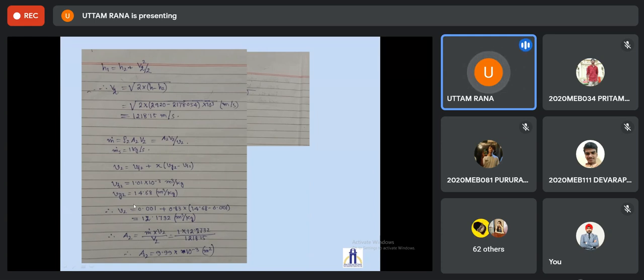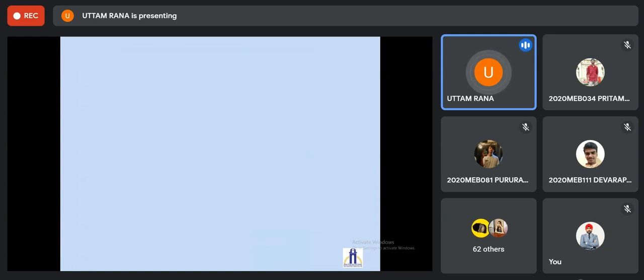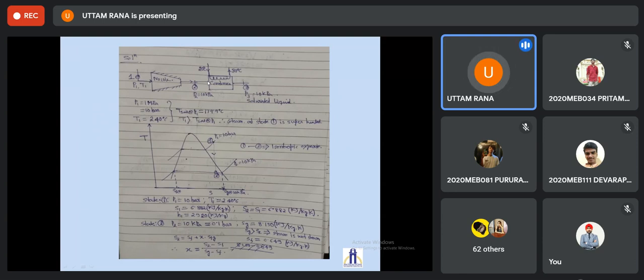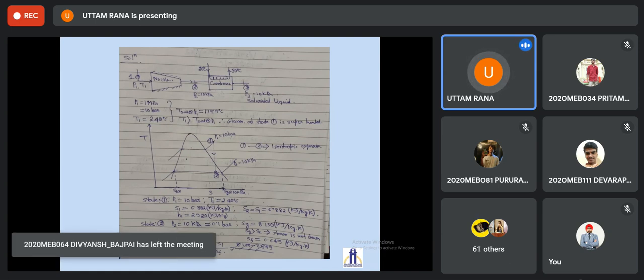Once you know the area, that is one part. What is the other part of the problem? The other part is that there is a condenser. You know the steam state at state 2, and you know the steam state at state 3, which is saturated liquid. So what should be the mass flow rate of the liquid water in the condenser in order to convert the steam at 10 kPa at state 2 to the saturated liquid state at 10 kPa? We got the second part of the problem that you have to do, yes or no?